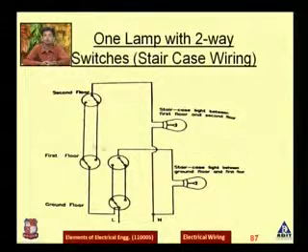So at the first floor, what I need to do, I need to switch off this lamp. So again I cannot go downstairs. I need to just change the position of this switch. So if I put the position of this switch over here, what will happen, the live wire will get disconnected and this lamp will be in the off position.